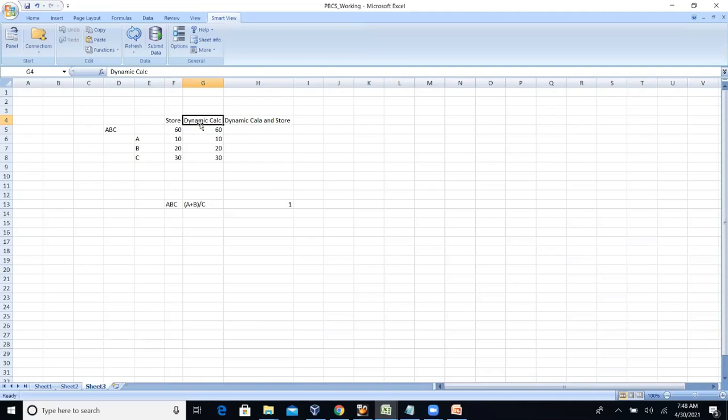The main advantage of dynamic calc is that we can see live data. When we are retrieving, it will calculate and display the data. The main disadvantage of stored data is that we need to aggregate the data. Then only will we get the correct results. For example, if you modify A to 15 and did not aggregate, it will show 60 only, not 65, because only after aggregation